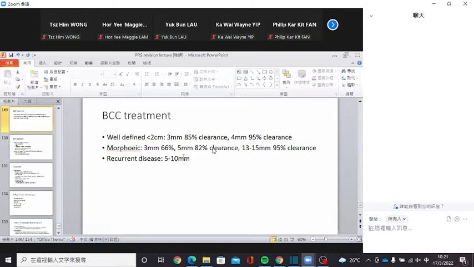However, for more poorly differentiated BCC, like those we call morphoeic-form BCC, then the excision margin could be different. Like for 3 millimeter, we only achieved 66% clearance. For 5 millimeter, 82%. Then we have to judge case by case for the margin we use. But as a rule of thumb, we'll use 3 millimeter unless the lesion is particularly ill-defined or the patient has